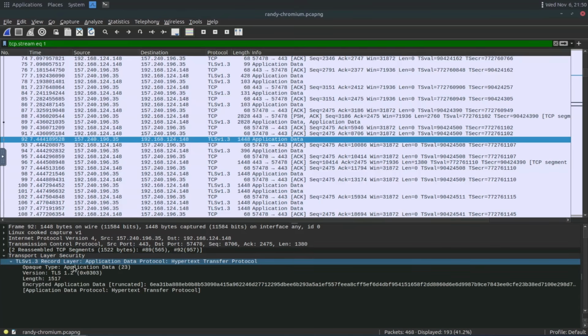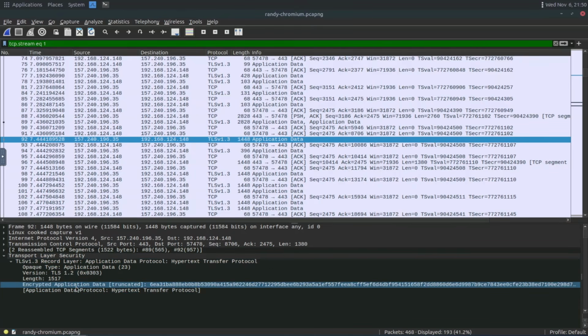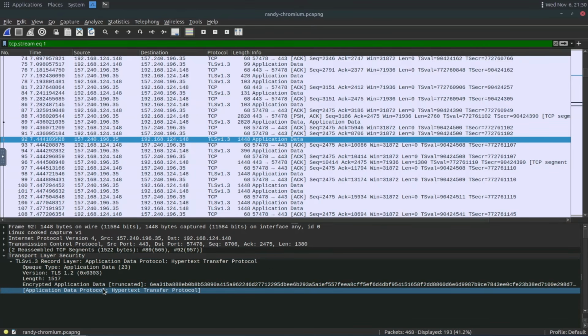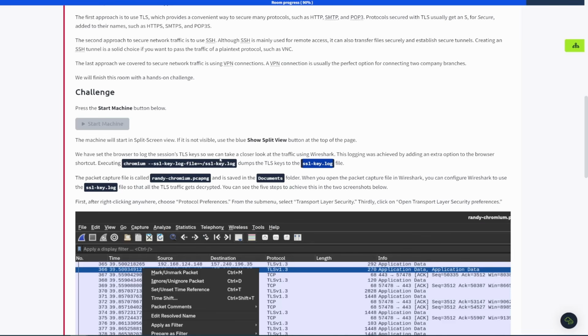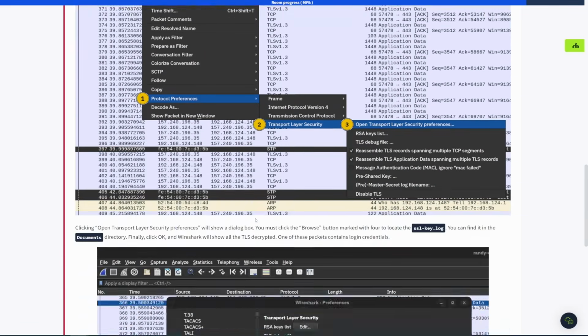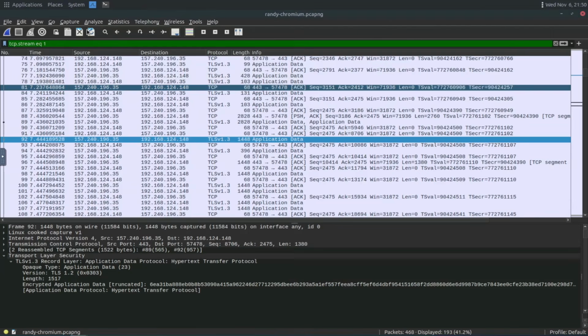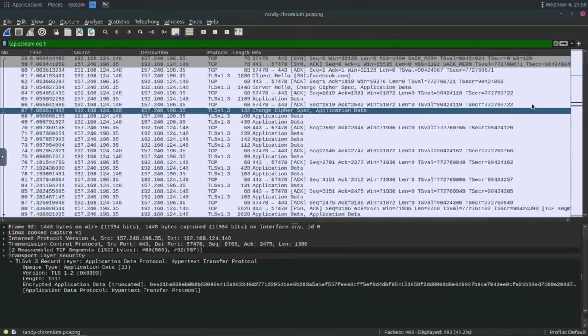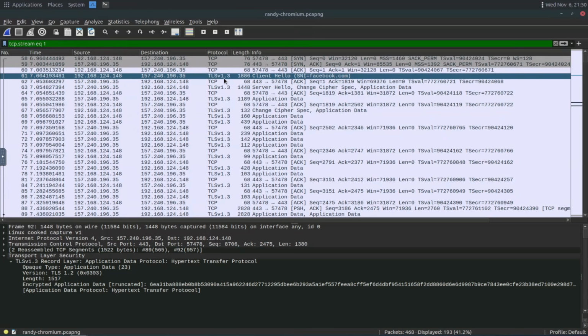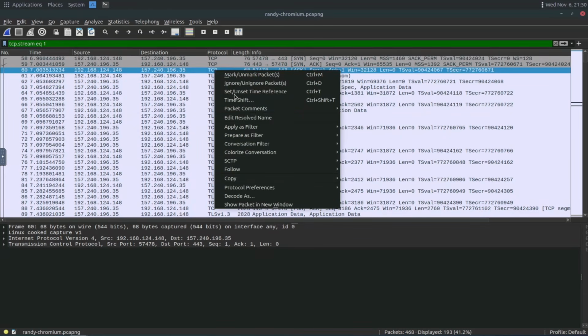It stops here at the transport layer security. We can't see anything. It's encrypted application data, right? So we can't see anything. But if we follow their instructions here, what we can do is go up to the top one, because they say that you can go